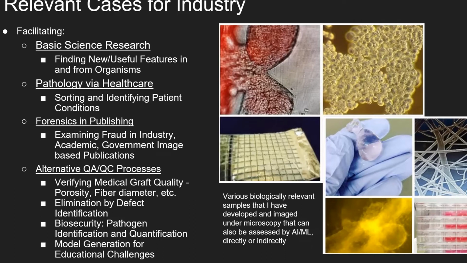But as far as some alternate QA, QC processes, you can use machine learning as a means of verifying medical graft quality, looking at qualities such as porosity, fiber diameter, etc. You can use machine learning as a means of eliminating samples in a run by looking for defects, which it can probably find better than the normal human eye can. But also in biosecurity, of course, in a similar way, you can use that as a means of pathogen identification and quantification. In a generative sense, you can use machine learning, especially through GANs,